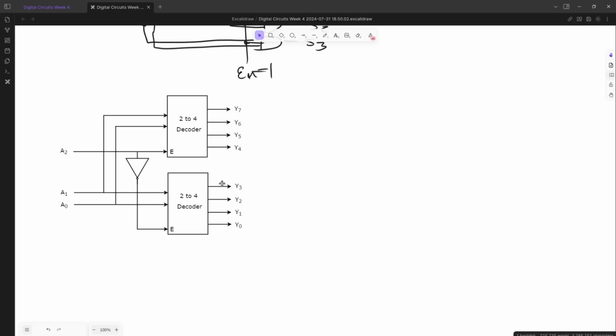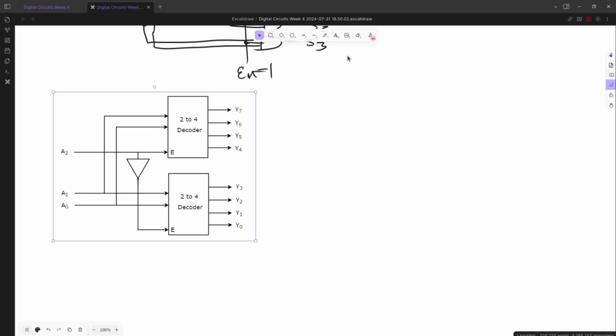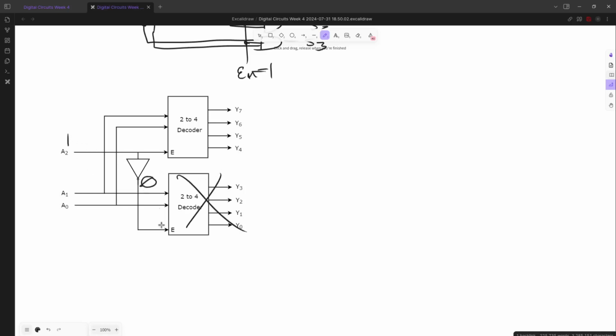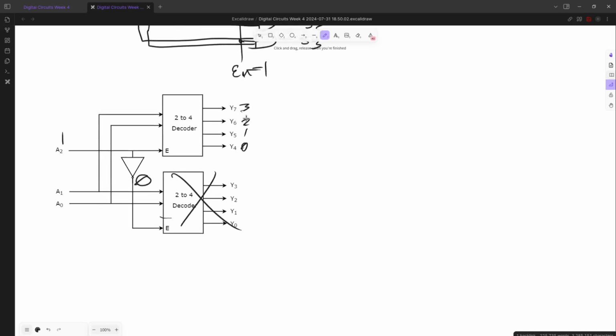So all of these are locked. When this one is on, this one is 0, so all of these ones are locked. And then you'd have this enable pin turning on, and it would just function like a regular 2 to 4 decoder. And you just have 0, 1, 2, 3, except now you'd label them differently,